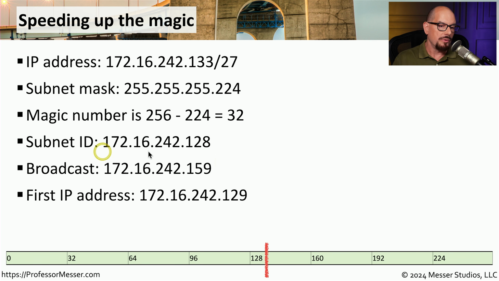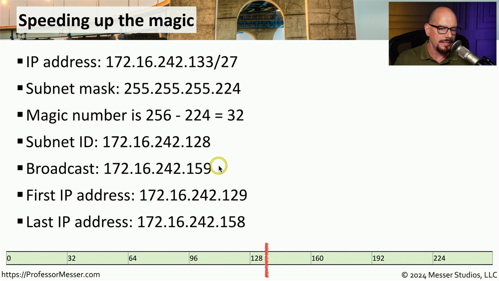172.16.242.159. Now that we know the subnet ID and the broadcast, we can calculate the first available IP address and the last available IP address. We add 1 to the subnet ID to determine the first IP. So the first IP would be 172.16.242.129. If we subtract 1 from the broadcast address, we would get 172.16.242.158. So there is the faster way to be able to calculate our subnet ID, our broadcast address, the first IP address, and the last IP address using the